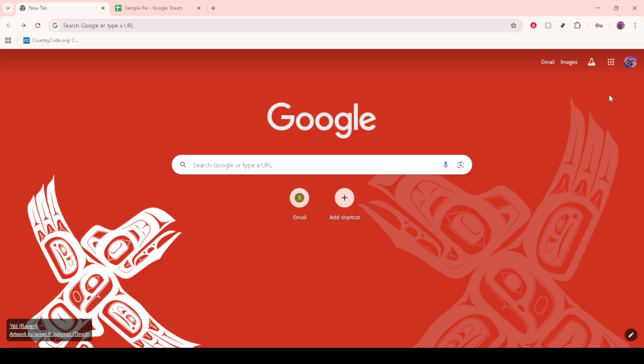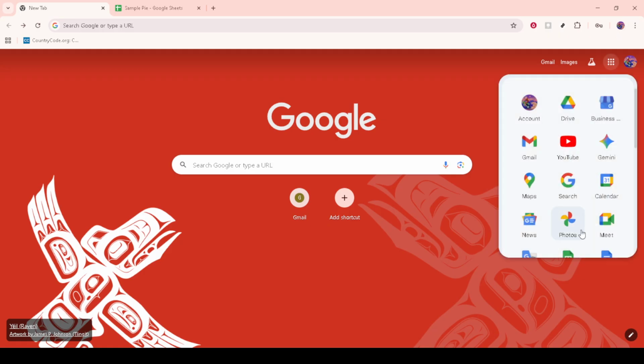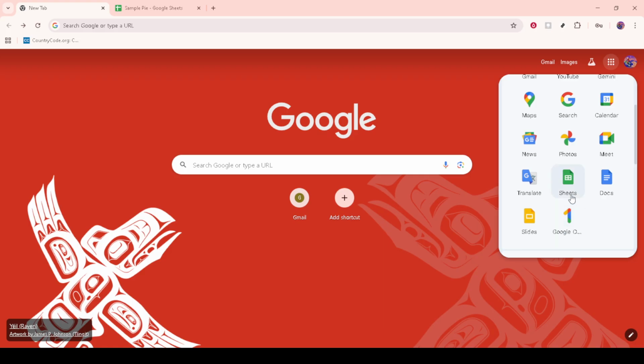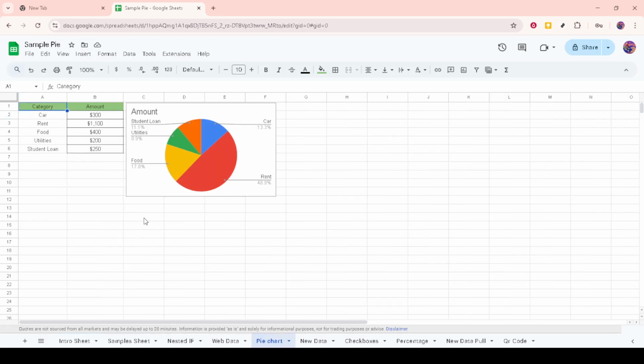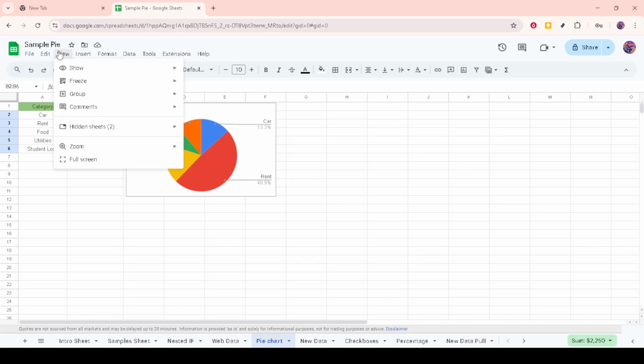You can do this by navigating to Google Sheets on your web browser and selecting the specific document where you want to remove the grid lines. Once you're inside your document and can see your spreadsheet data, look towards the top of your screen for the menu bar. This is where we'll kick things off. Next, click on the View menu in the top menu bar. The View menu is where you'll find various display options for your spreadsheet, including the magic trick for grid lines.